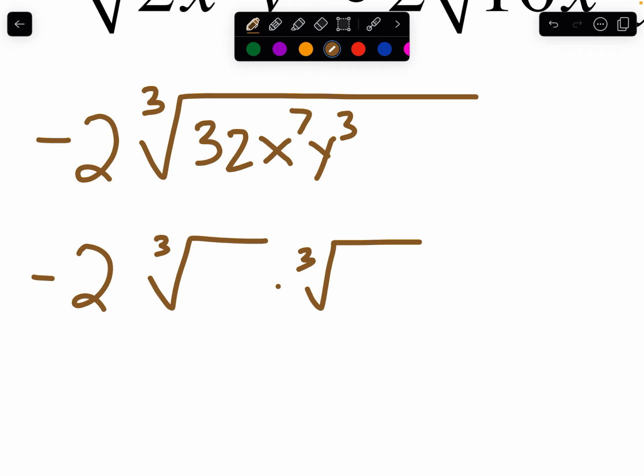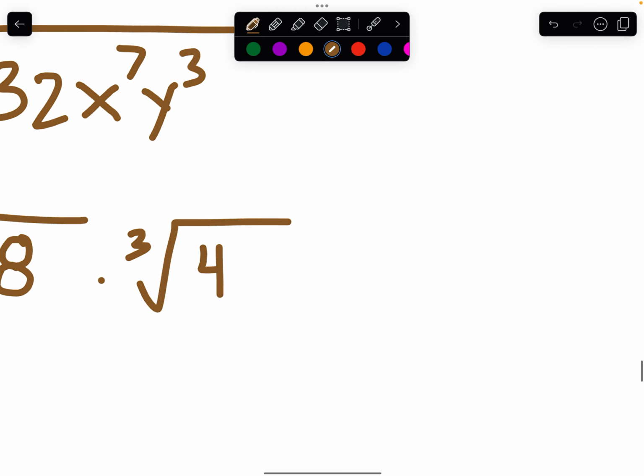We would approach this differently if we were doing, say, a square root example or a fourth root, but we look at our list of perfect cubes. 8 is a perfect cube that factors into 32 4 times. Now for that x to the 7th,